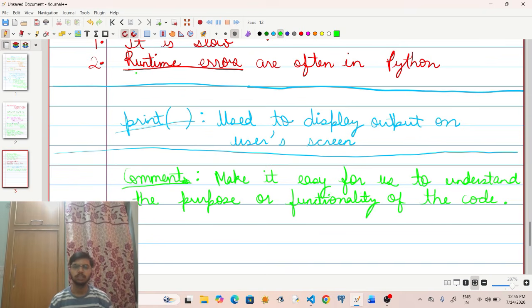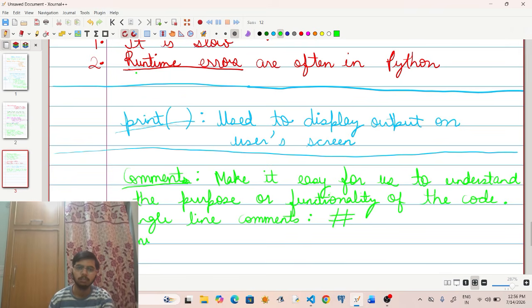Now, in Python, there are two types of comments: single line comments, which start with the hash symbol, and multi-line comments, which start with these symbols.